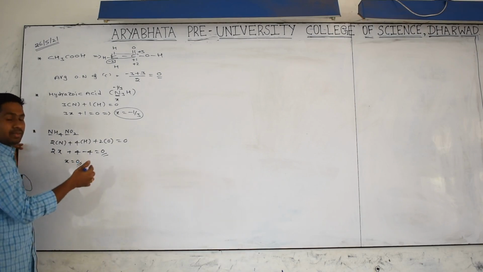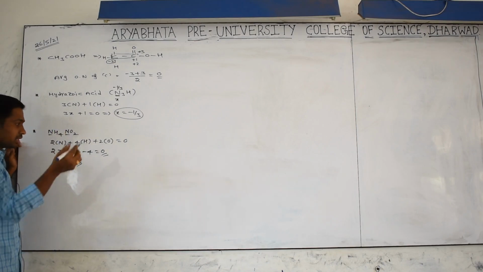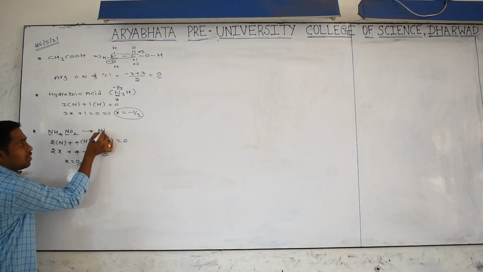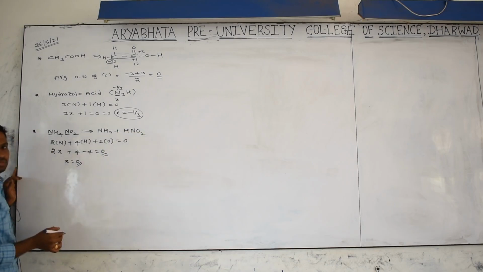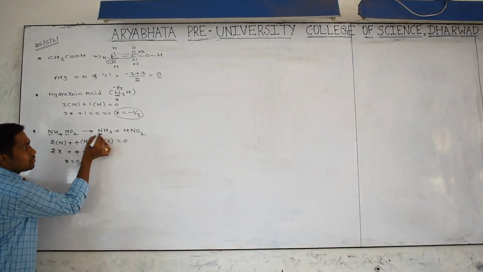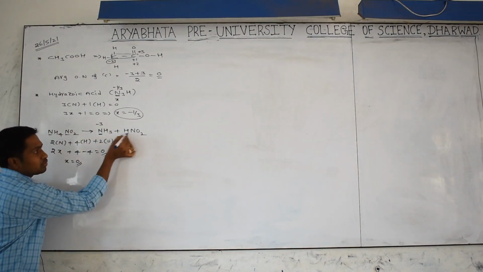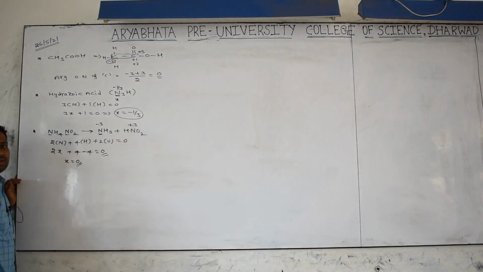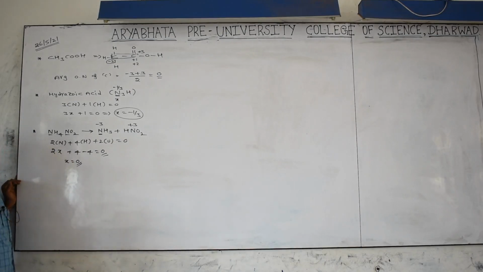In another way, if he especially asks how we get charges on the 2 nitrogens: ammonium nitrite is actually a combination of ammonia plus nitrous acid, HNO2. Now the oxidation number here comes to -3, and here +1 and -4, so -3 plus -3 on this side becomes +3. I want the average. Average means total oxidation numbers divided by number of atoms, which is 0.